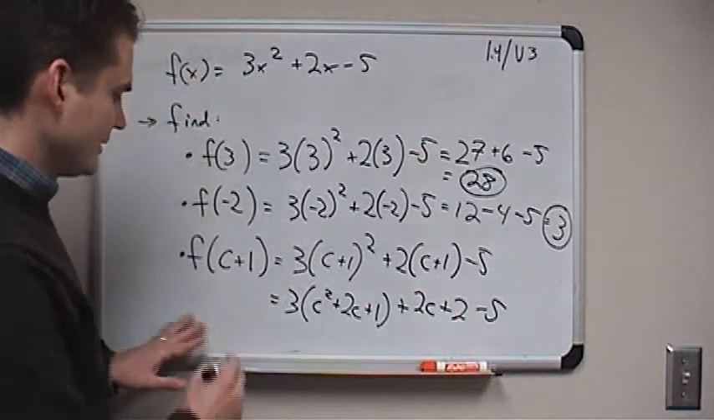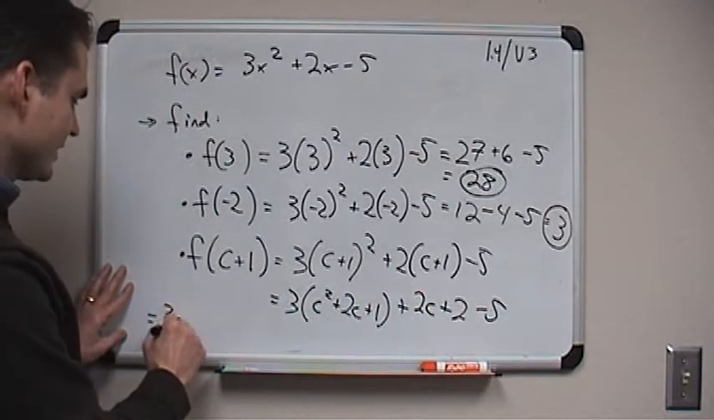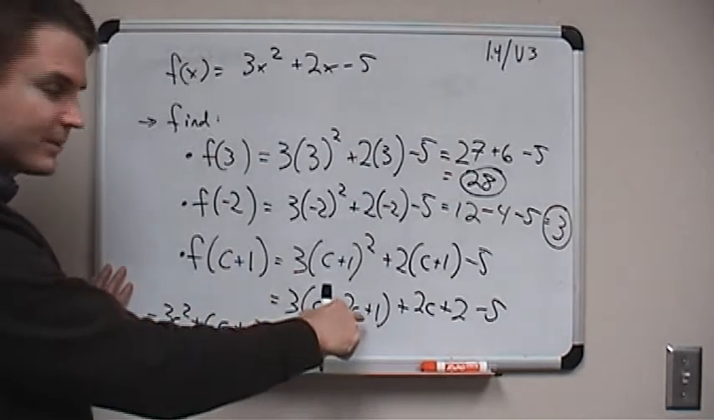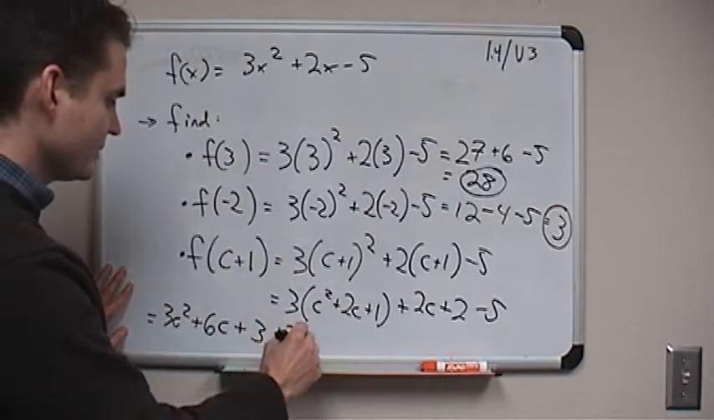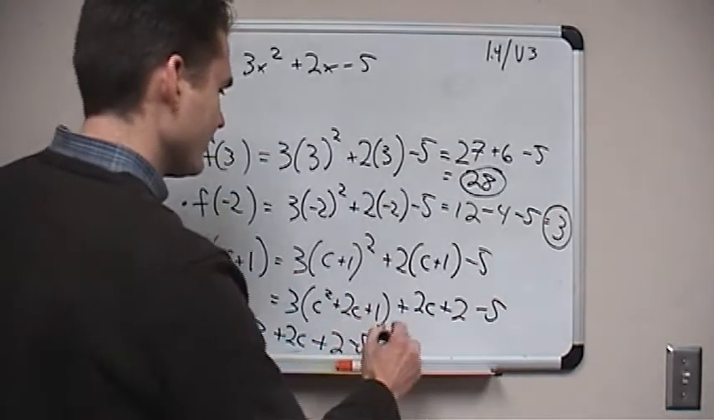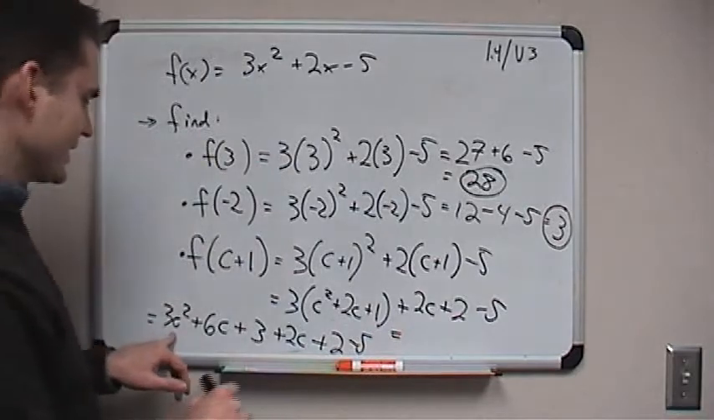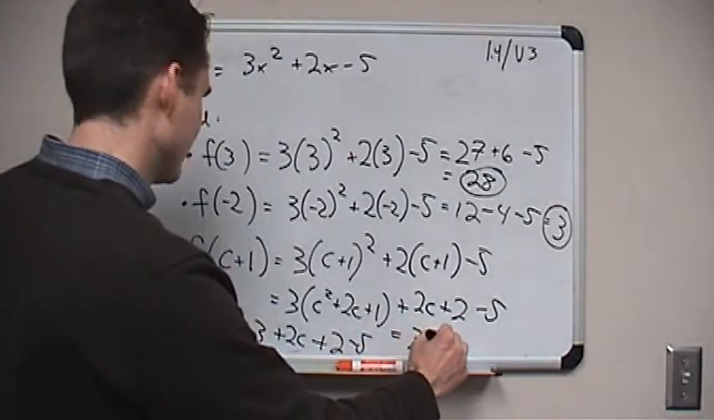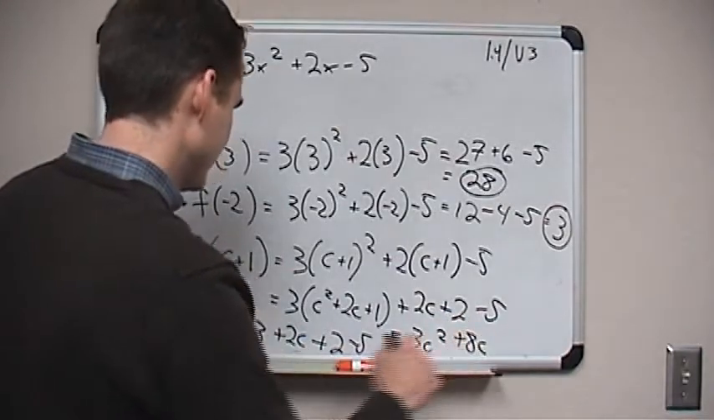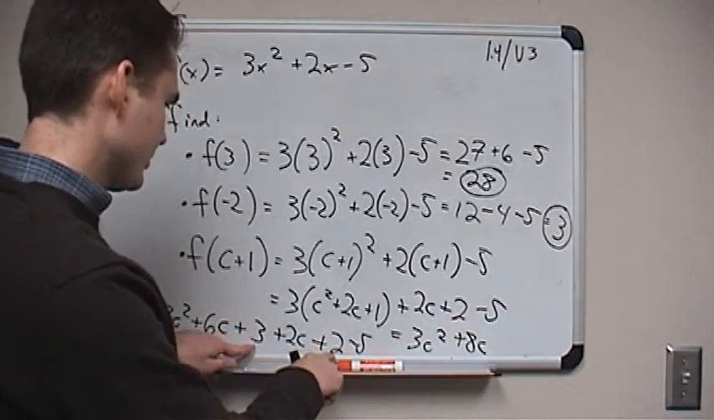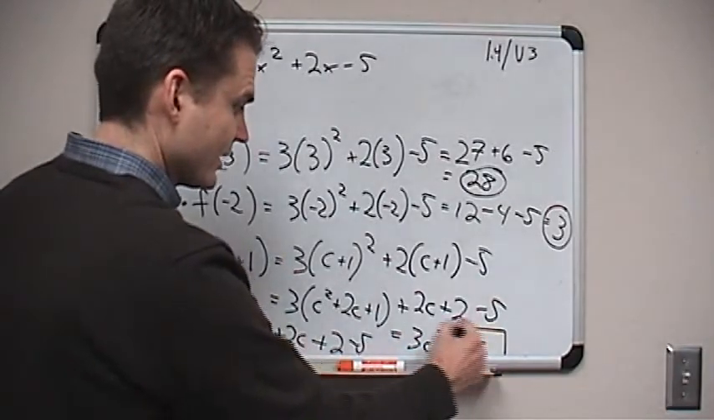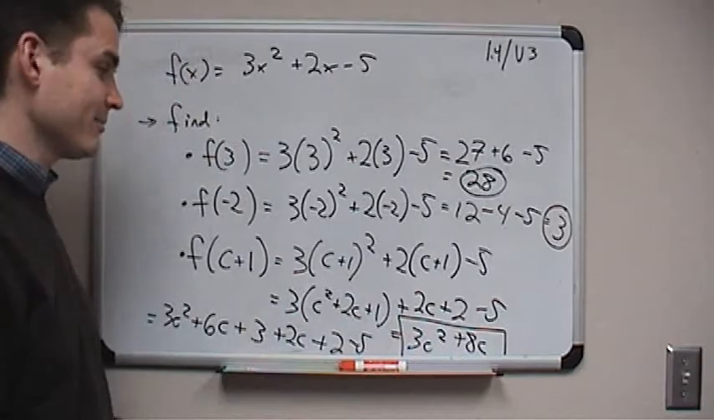And then finally that'll give me 3c squared plus 6c plus 3, I'm just multiplying the 3 inside, plus 2c plus 2 minus 5, and finally, for my complete last answer, I'll get 3c squared plus 8c, and then what do I have here? 3 plus 2, which is 5, minus 5 is 0. So I get 3c squared plus 8c, and that's the